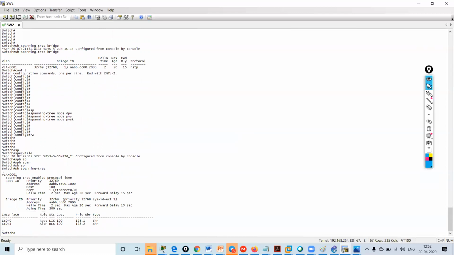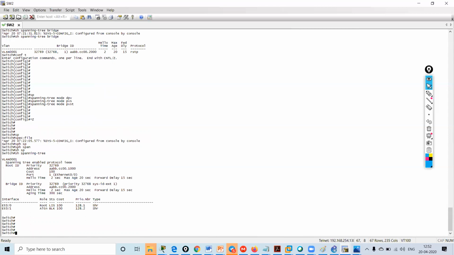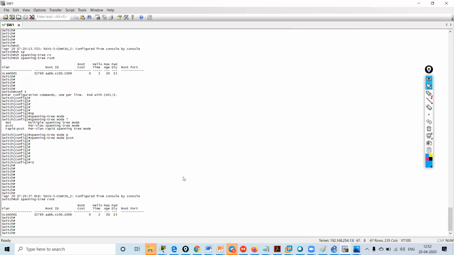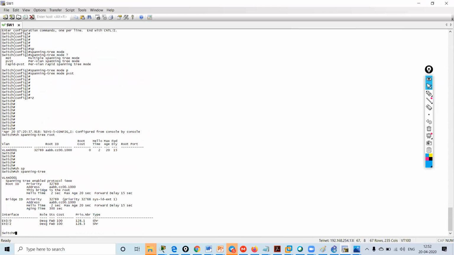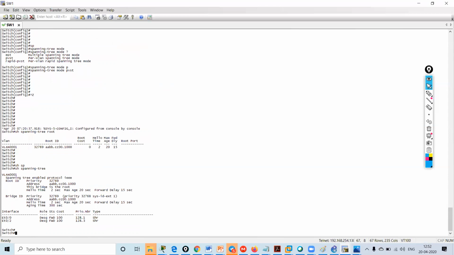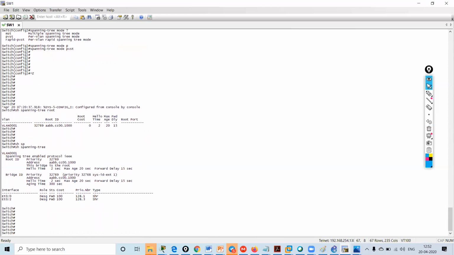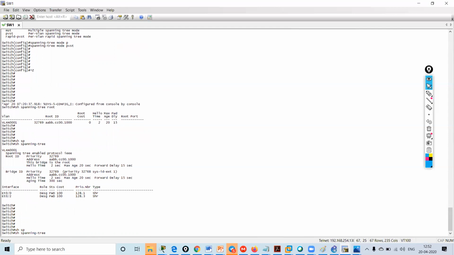Show spanning tree. See, it is going into listening, learning. Now see, when I give show spanning tree, I don't think it will give me the output in this, because I've tried all the commands.